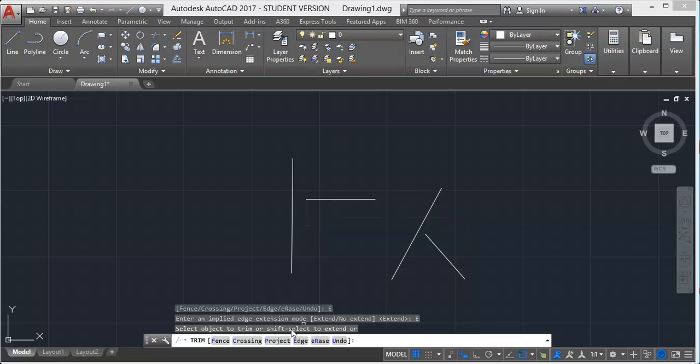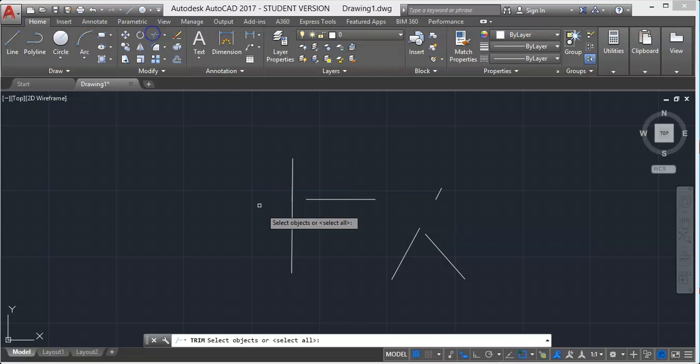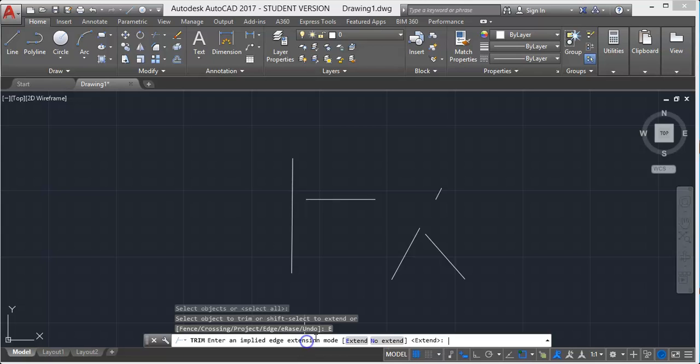Let's see how it happens. Click here and there it is. If you extend this line, it will pass through this point. A similar situation can be seen here as well. Once you click this extra portion, it will trim up to the apparent intersection of this line edge. So click, select, here you have it. The edge is trimmed. A similar situation can be seen here also. Extend, enter, choose this line and enter. So you can trim up to the point you want to cut off.